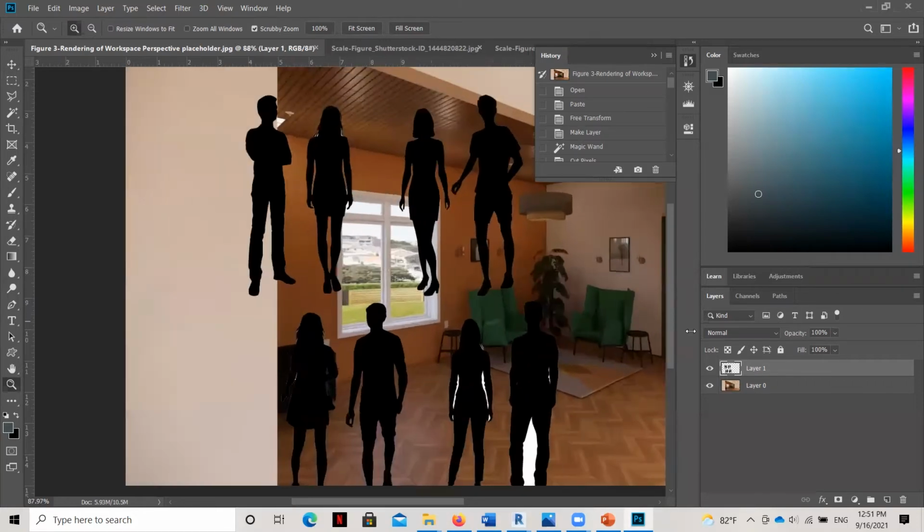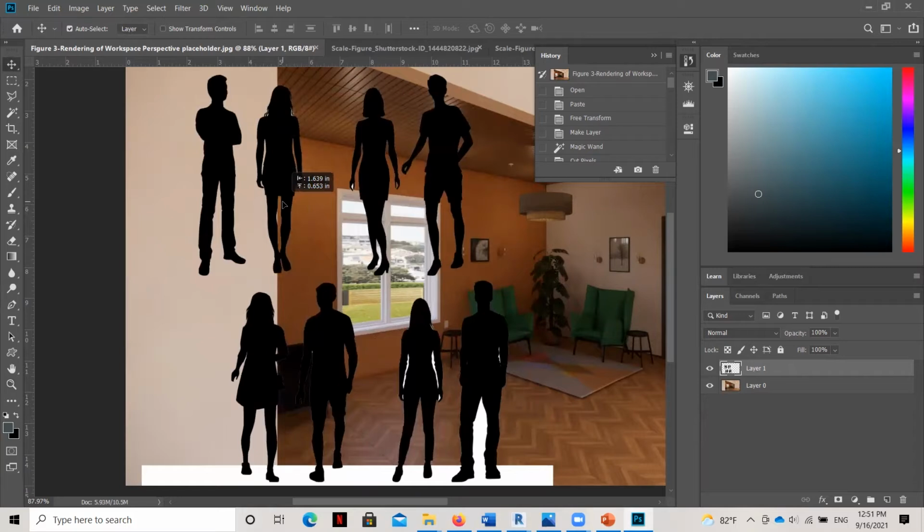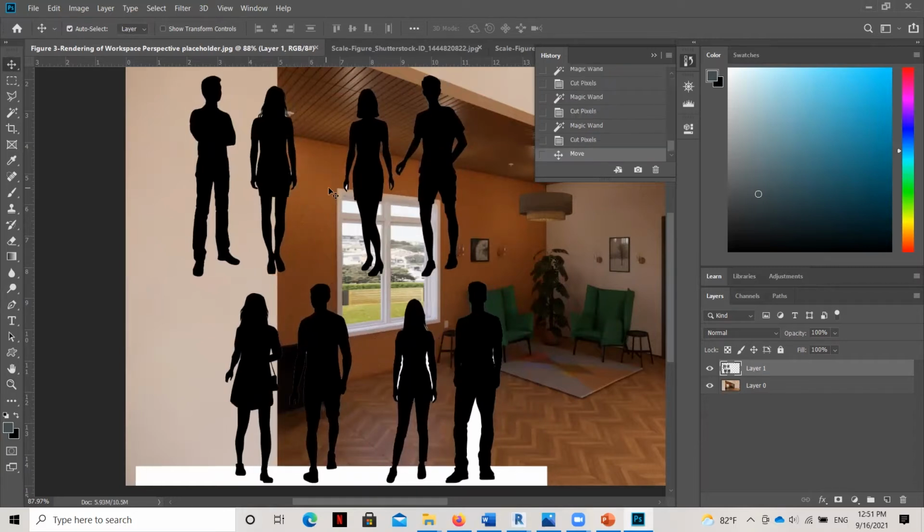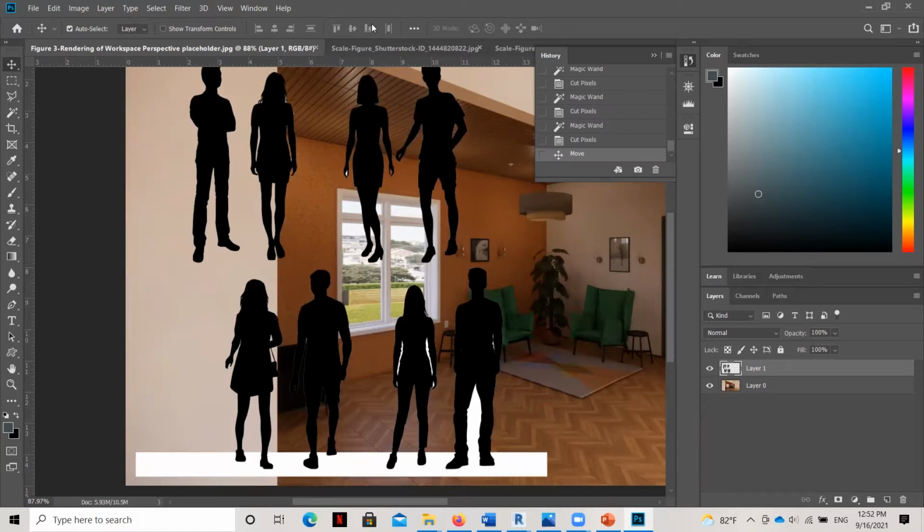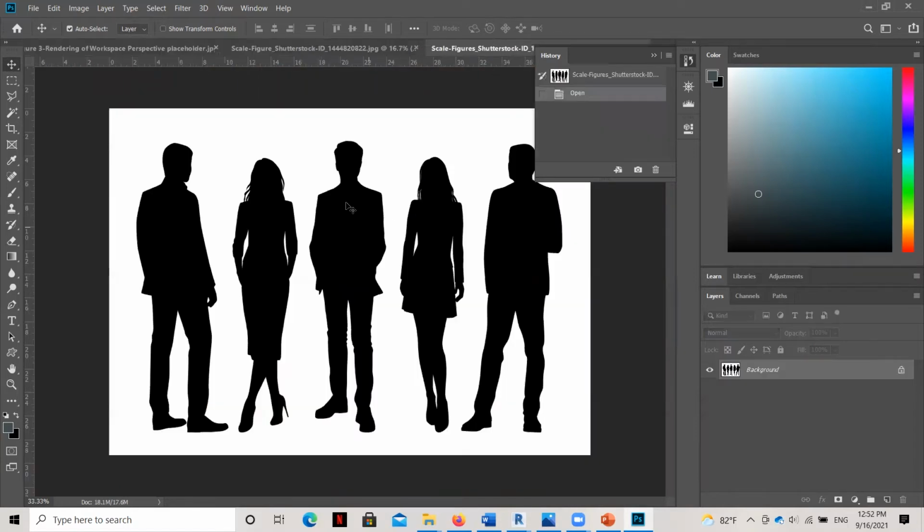But there's a few that I'm not going to remove because I'm not going to use these scale figures. So this is an office environment. And so some of these scale figures are wearing shorts. And so I'm not going to use those. But for the rest of them, they're looking really good. Now, if I want some additional scale figures, I can bring in this element as well. You can see here, they're dressed a little bit more appropriately. You can see that there's things like blazers and a little bit more formal or office wear included here.